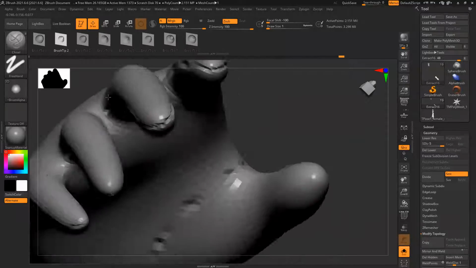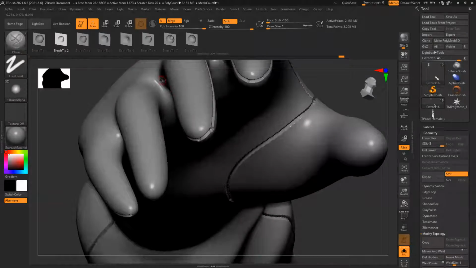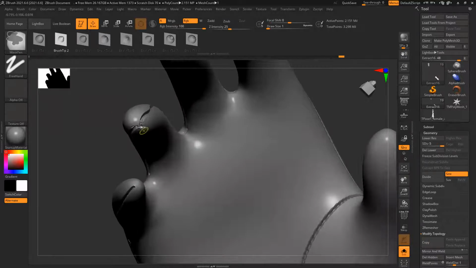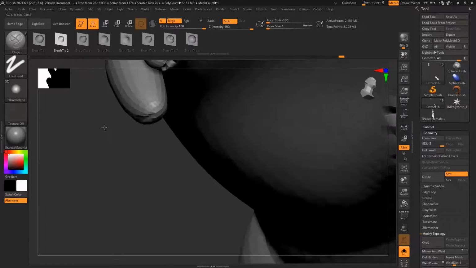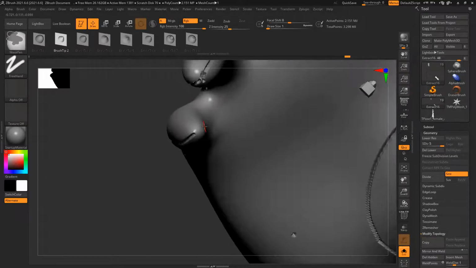That unevenness I'll fix later. Fix it. Something happened here, I guess accidentally.